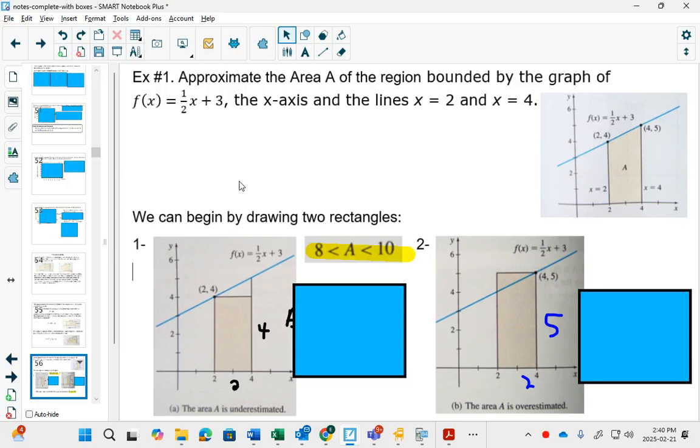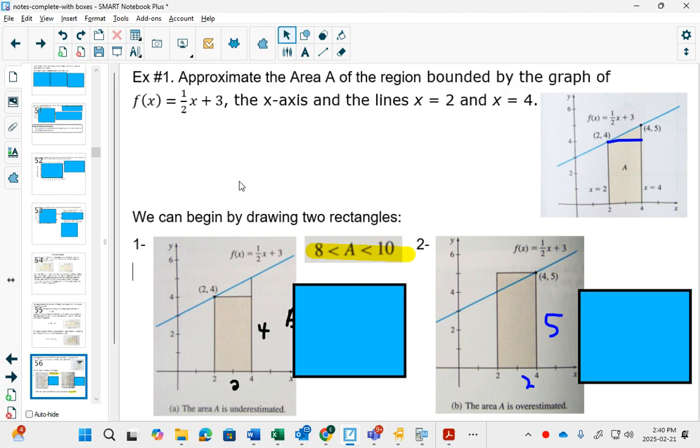So here we have 1/2 x plus 3. And if you had to find that area, chances are you could actually do this with the shapes that you know. I'd be like, hey, wait a minute. What happens if I do this rectangle and that triangle and just add them together? Wouldn't that work out perfectly? Absolutely. It would work out